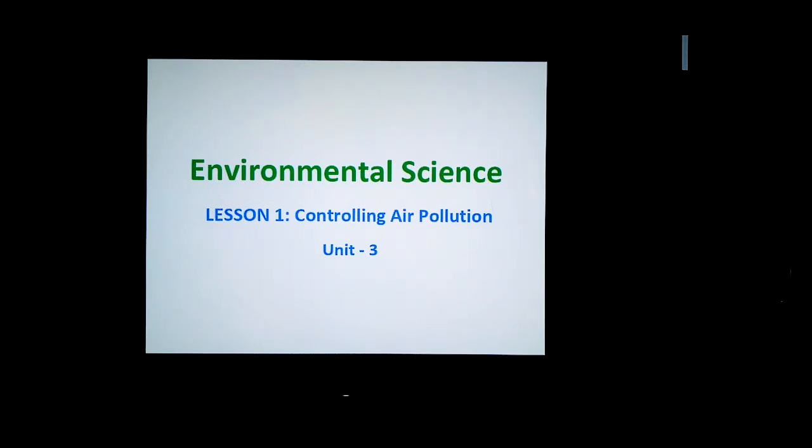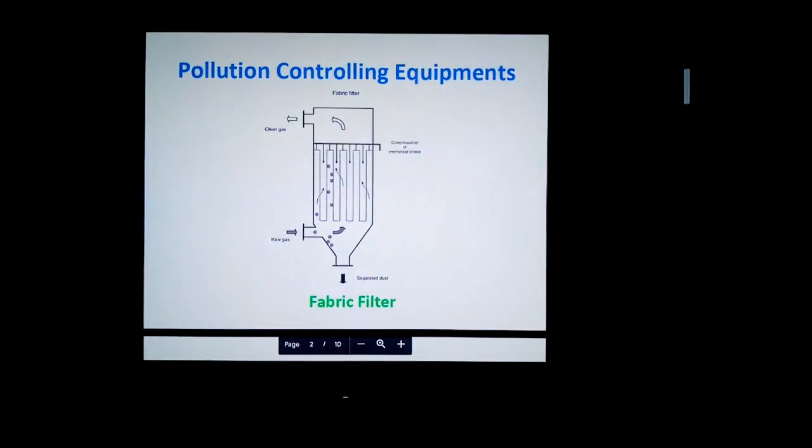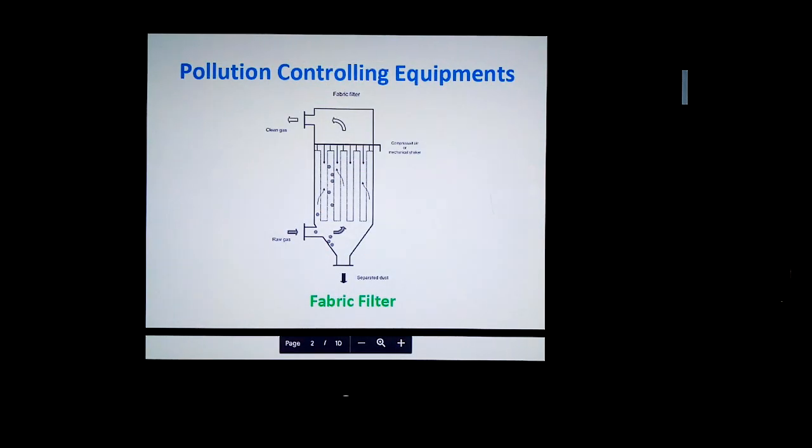First, fabric filter. Fabric filter can also be called a bag house or bag filters. This device is designed to handle heavy dust loads. Dust collector consists of a blower, dust filter, filter cleaning system, dust receptacle and dust removal system. The air containing the suspended particulate matter is passed through the bag filters. The dust particles are trapped in the bag and clean air passes out of the bag.